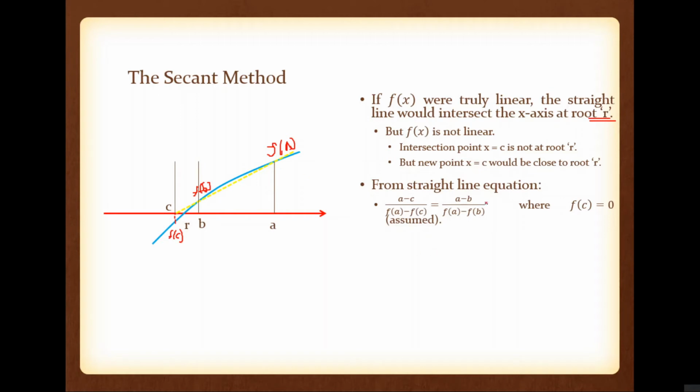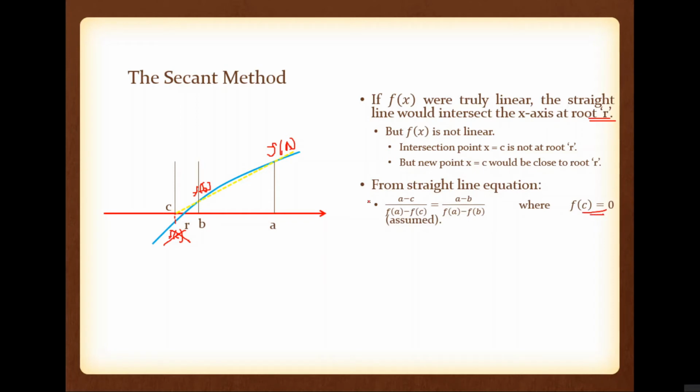But by using this equation, we can't find the root iteratively. That is not possible. So for that purpose, we are going to use one assumption. We are assuming that this f of c is 0. Actually, it is not true, but we are assuming that f of c is equal to 0. So please note, we are introducing a small error. Otherwise, we can't solve the problem. Okay. So assume that f of c is equal to 0.